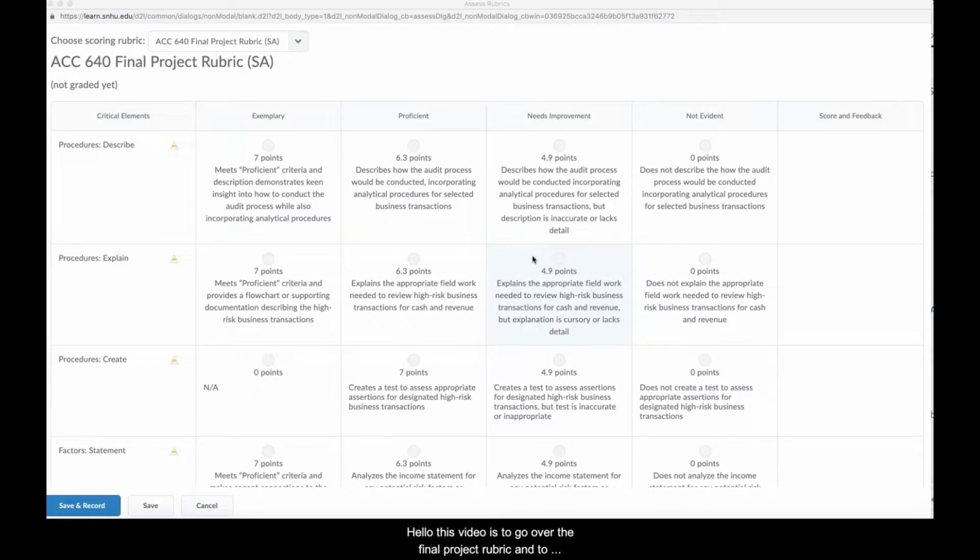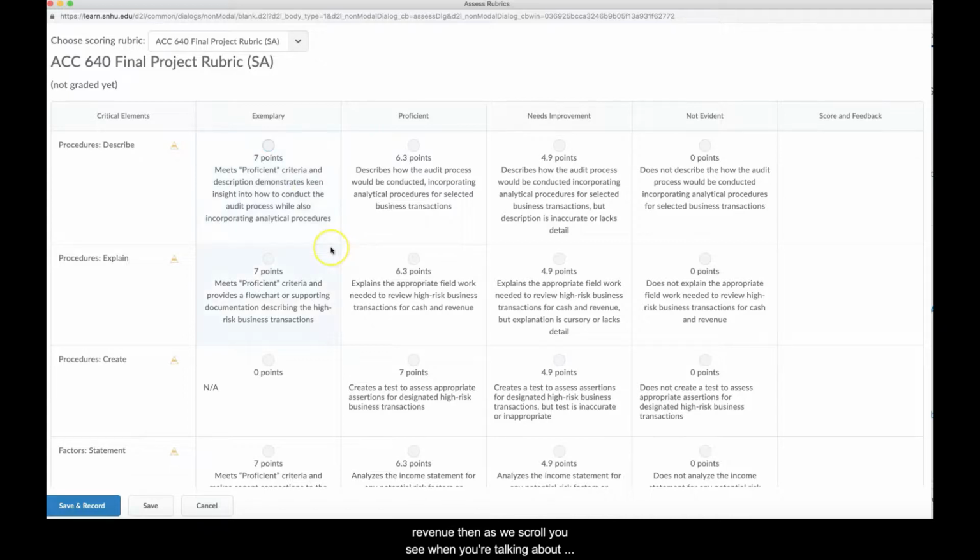This video is to go over the final project rubric and to ensure that you are not merely submitting the first 3 milestones. For example, they are very similar, but there are some distinctions to get from exemplary to proficient. So as you're describing the analytical procedures, in order to get an exemplary point, you have to demonstrate keen insight, whereas previously you were probably just describing the analytical procedures as they relate to cash